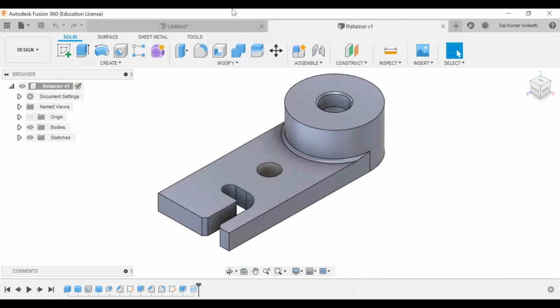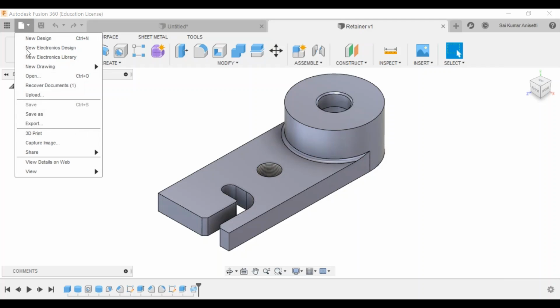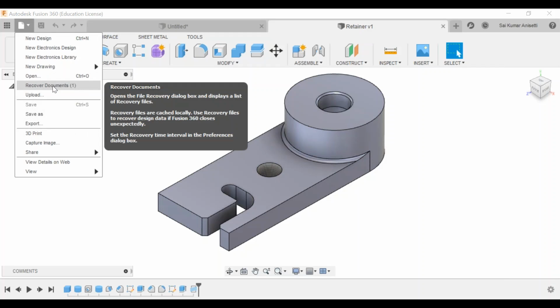This is about the top user interface. As soon as I have opened my retainer bracket, you can observe that it is version V1. If your power is lost or if your internet is lost, don't worry, it will be temporarily storing your entire work on your desktop.